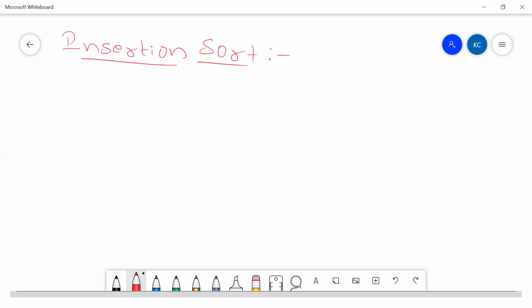To do that, we had taken an input which is already sorted, and we came to know that the number of steps or comparisons we make to come to a conclusion is very much less.